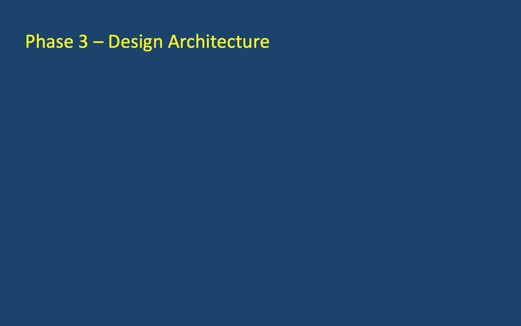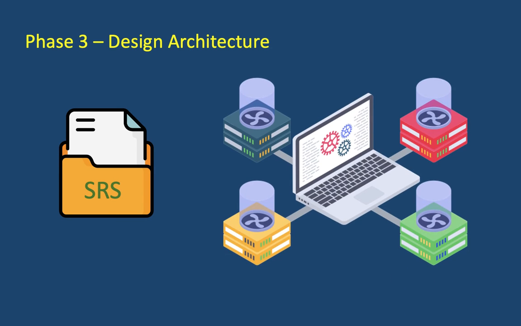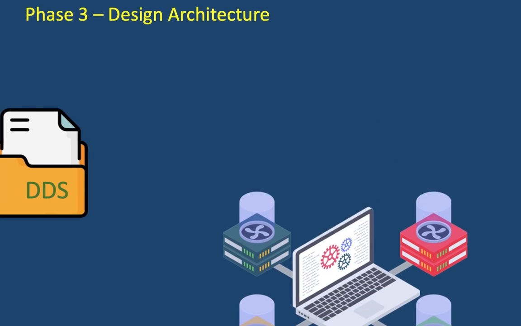In our hand, we have a software requirement specification document, which is also called SRS. We take this document as a reference and create a few design approaches for the product architecture, and then document them in a design document specification, which is also called DDS. Since the design architecture is ready, now it's time to create what we want.